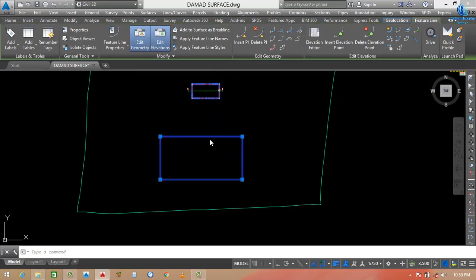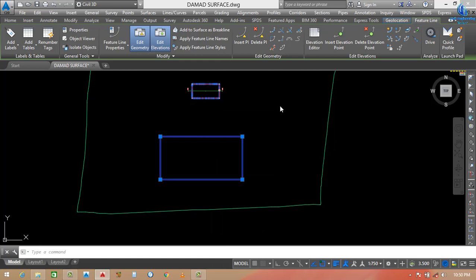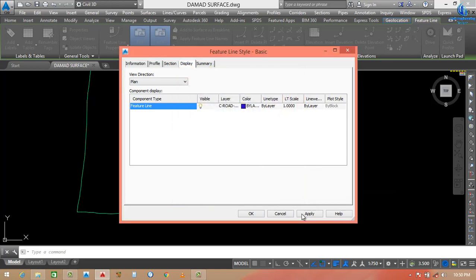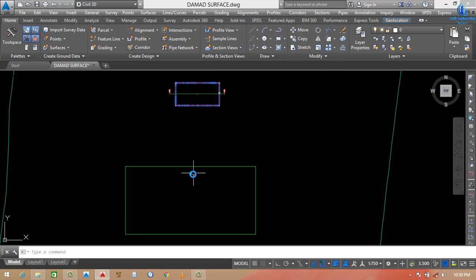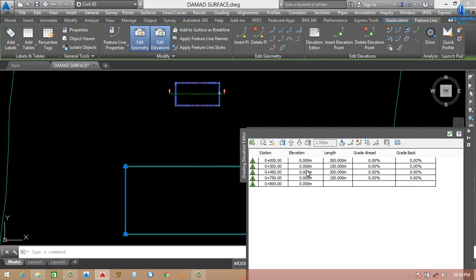So first of all I want to change its line color. Okay, edit feature line style, see this one. I want to give some other color like this one, apply, then okay. So you can see this color is different from this one. Okay, first of all I want to give its elevation. So this line elevation will be 62. Okay, 62,